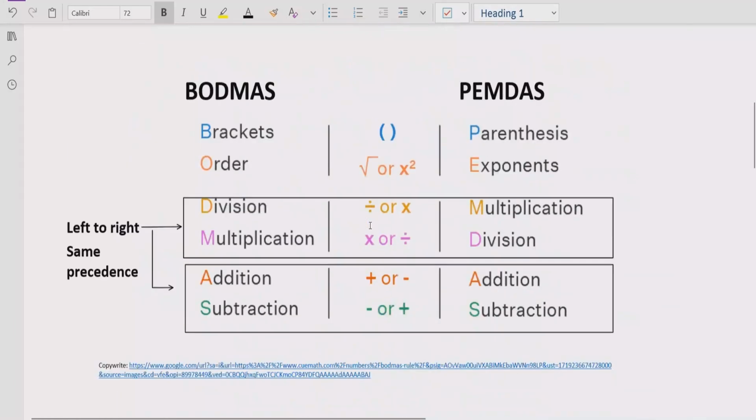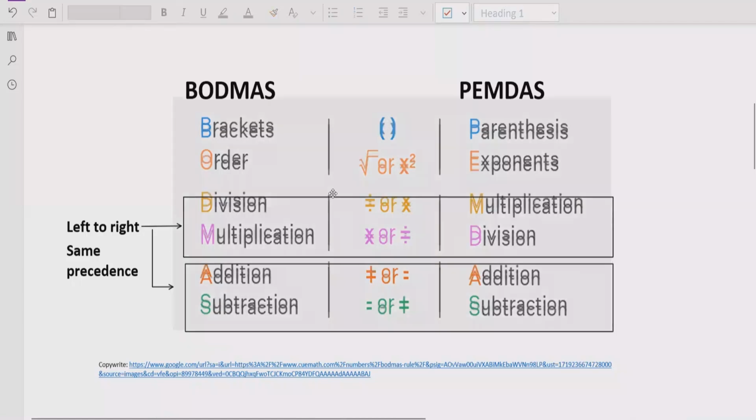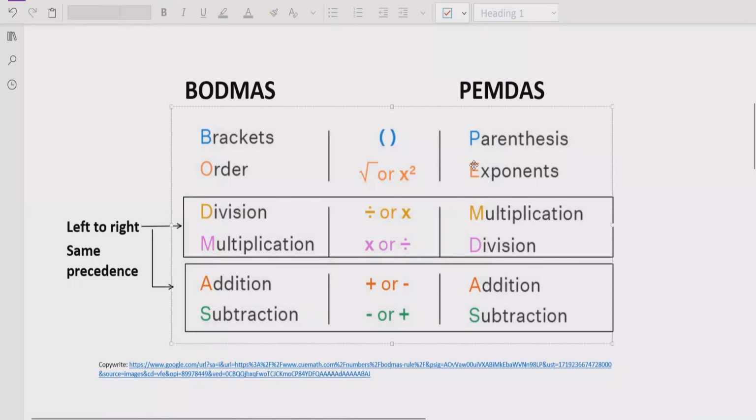Now, let's recall what the BODMAS and PEMDAS rule is. Basically, these are the rules which we can use to solve any arithmetic expression. The rule says B stands for bracket. It means that if your expression contains any bracket or parenthesis, you have to solve that part first in your expression. After that, you have to see the exponent or power of any number. So, step number 2 is, after the bracket, you have to solve the power of any number.